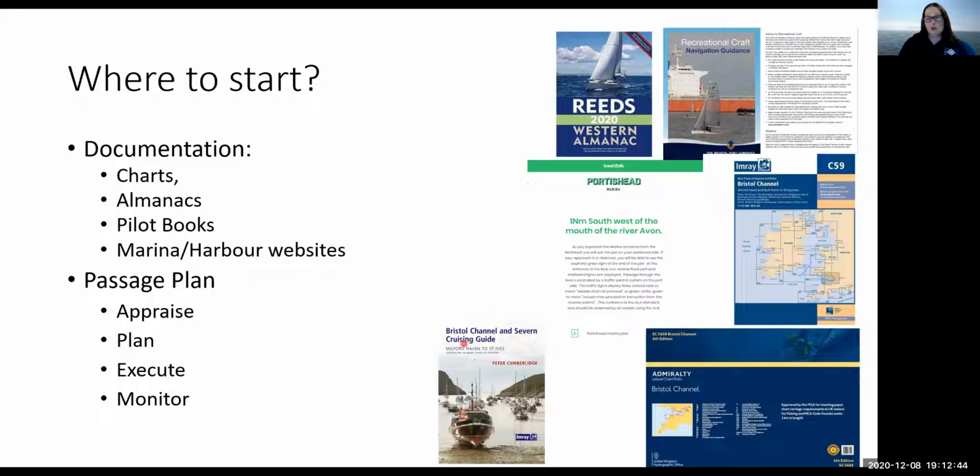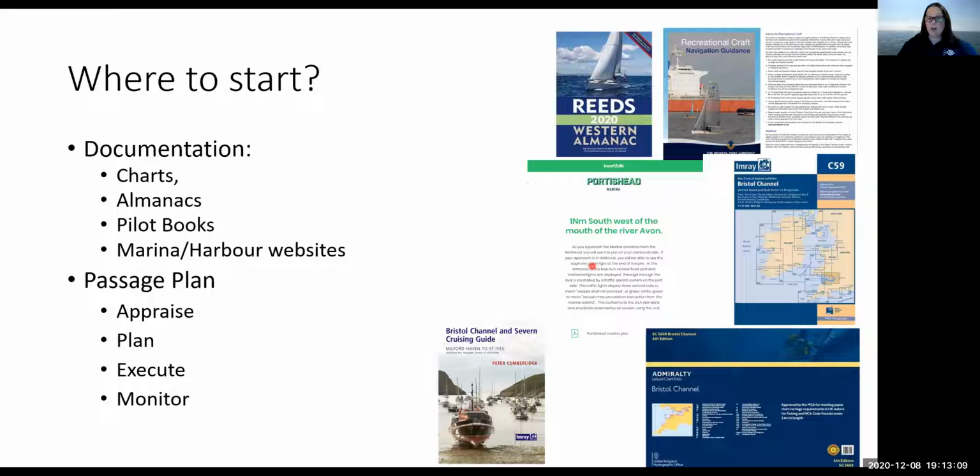I can also go now really to marina and harbour websites. So this is an extract from Boat Freight, which is the marina I have here, Portishead Marina, and it gives me some pilotage notes as to how to get to the marina here. I've also got a marina plan that I can possibly download. So it's talking about how I can approach, whether I'll see the pier, if I'm approaching in darkness, and how much research you do